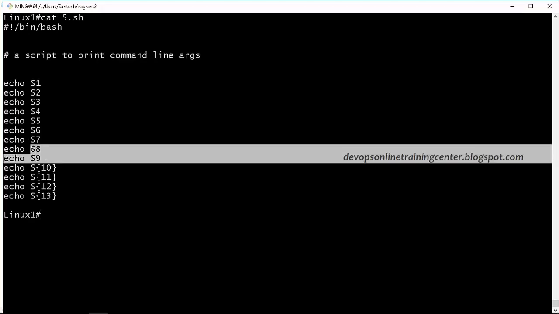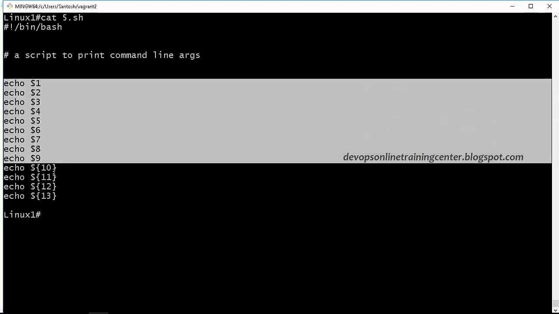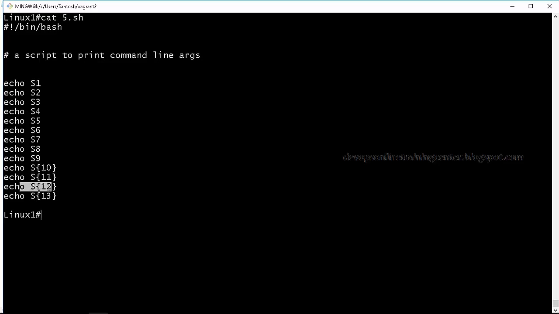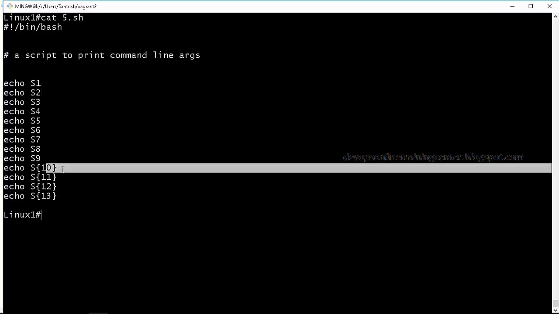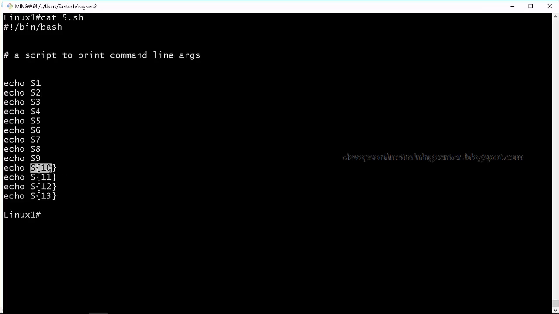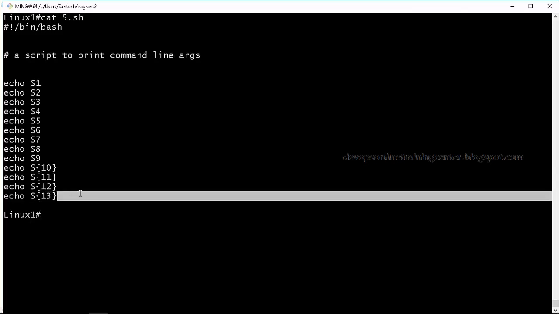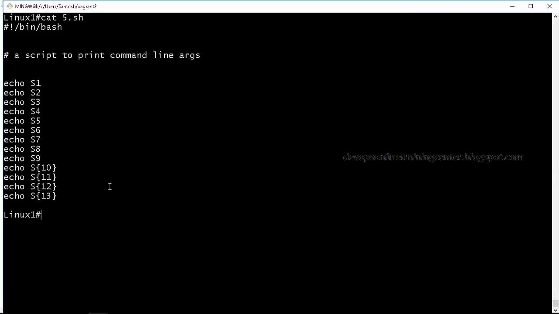But if you want to print from the 10th command line argument, you need to enclose it in curly braces. Otherwise, it will give the first argument and a 0. That's why it was printing 10, because echo $1 was 1, then it was printing 0. So to print the 10th argument properly, we need to enclose it in curly braces. Is this clear?